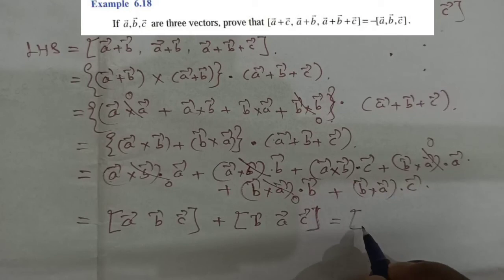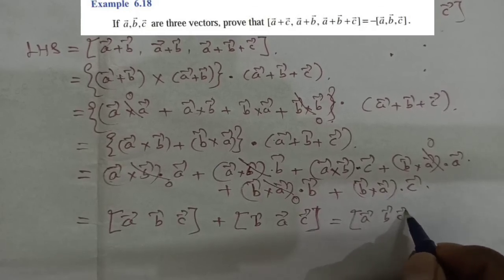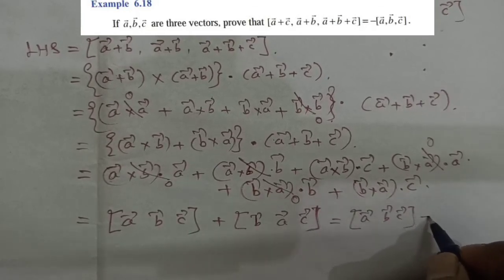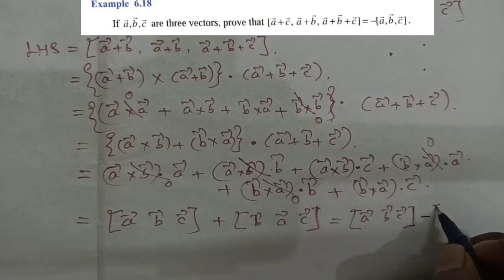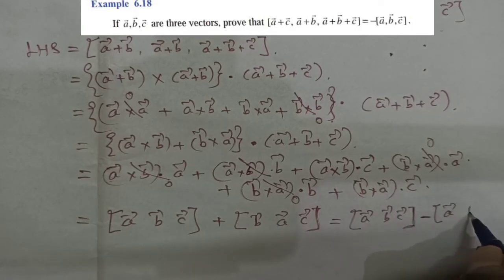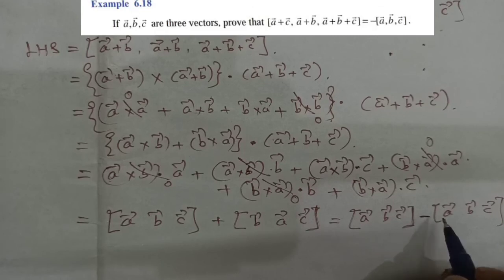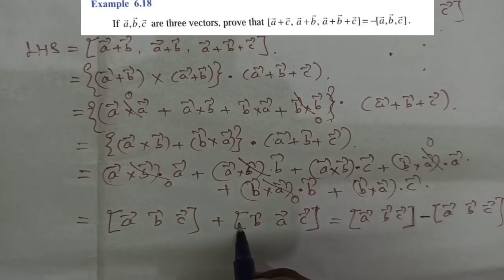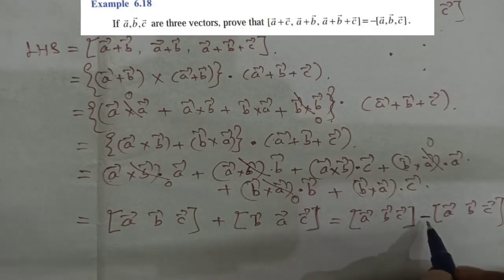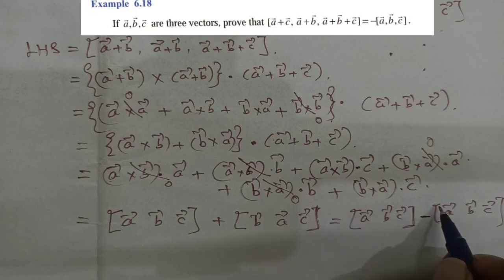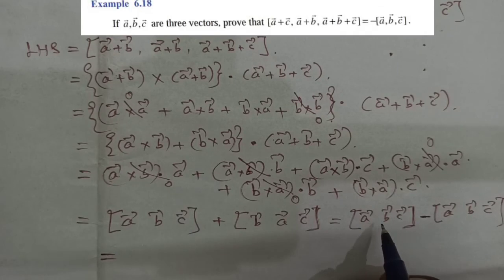So A vector, B vector, C vector, we can write in cyclic order, but we have to put a minus sign here. So minus into the box product of A vector, B vector, C vector. If it is in cyclic order, no need to take negative. If it is not in cyclic order, we should put a negative sign. Okay, so minus into A vector, B vector, C vector. Okay, so it becomes